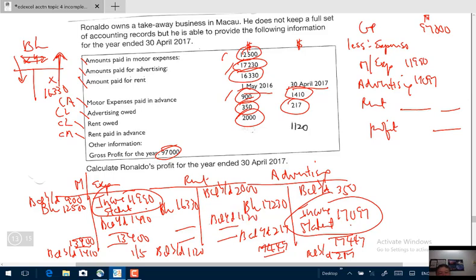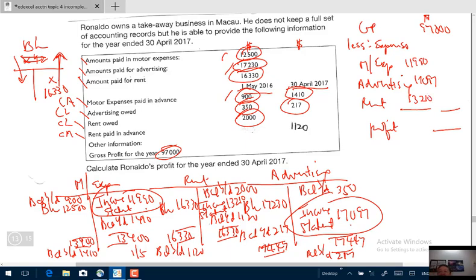So you have 16330 on the left hand side. You also must have 16330 on the right hand side. So the missing figure is the one that you should transfer to your income statement, which is 13200. Sorry, 13210. So it is 16330 less 1120 less 2000. The figure is 13210, which you transfer here,